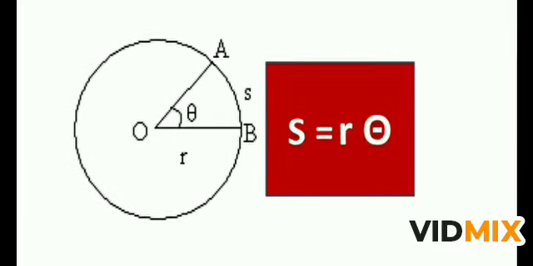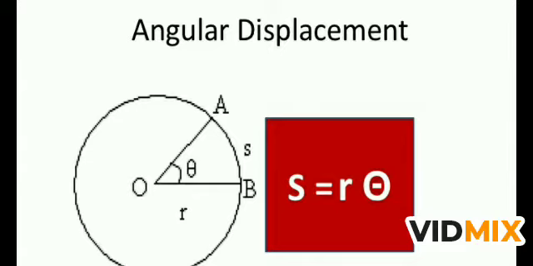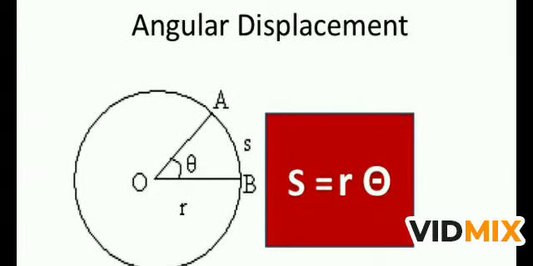Now if you see, the body is at point B, and after covering distance s along the arc, the body is at position A. The radius of the circle is r. So what is the angular displacement? Since angle is equal to arc upon radius, s is the arc length and theta is the angular position. So arc is s, radius is r, and we can say s is equal to r theta, or theta is equal to s upon r. So this is the angular displacement.